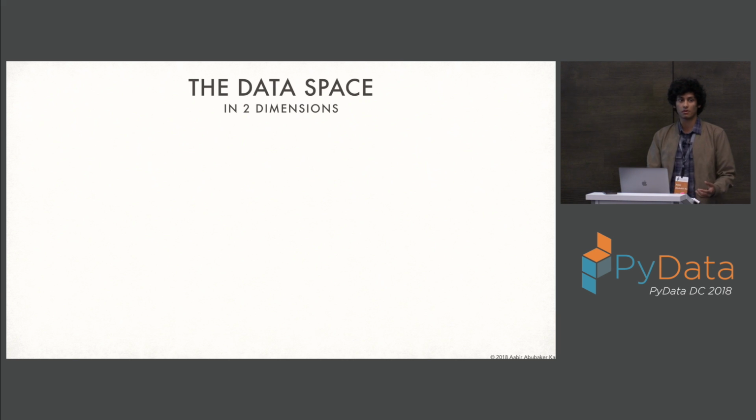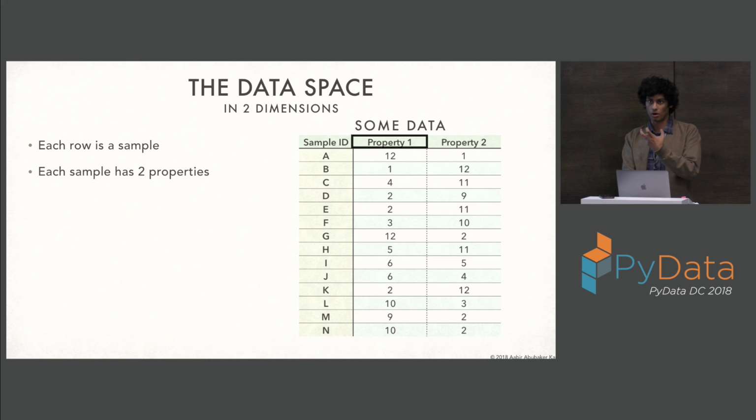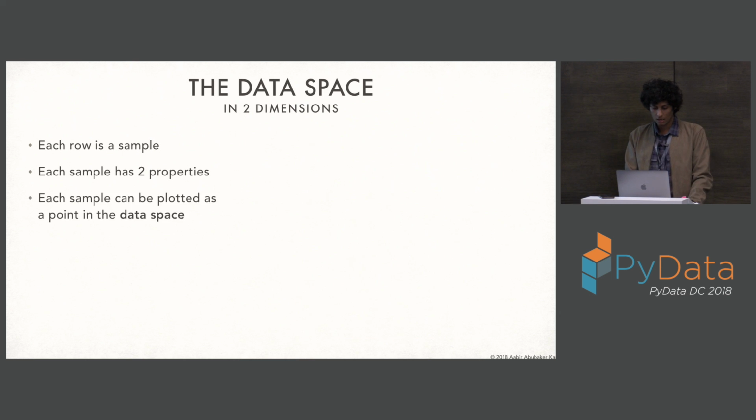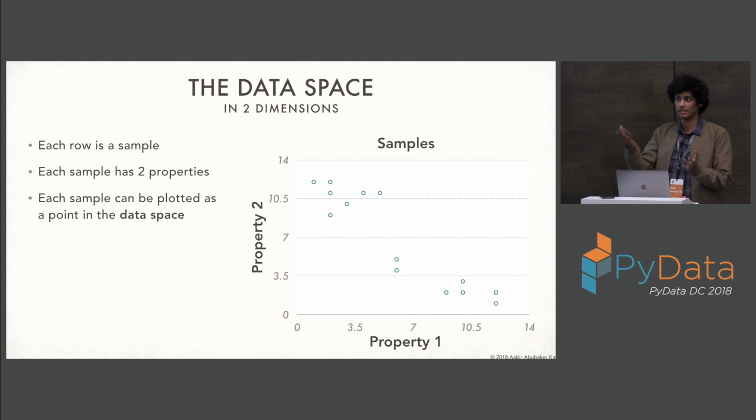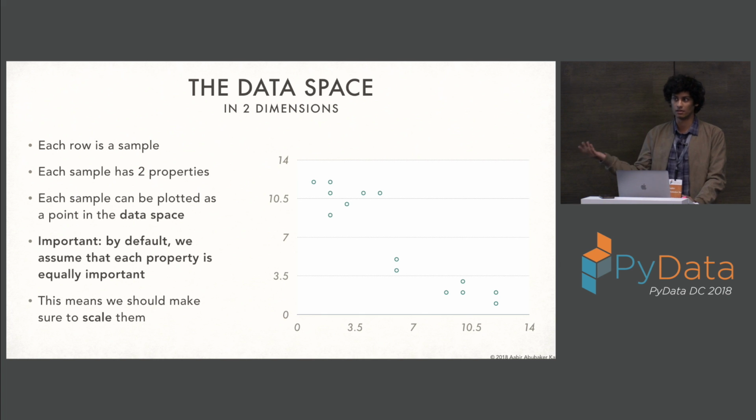So that brings us to the concept of the data space, because we can all picture 2 dimensions, and we see each other in 2 dimensions, which sometimes looks like 3. It's a neat trick of the brain. It's easy to think of 2 dimensions. So each row is basically a sample. It's just a point, and it has 2 properties which form the 2-dimensional space. As you can see here, you plot it, and each of these attributes has a value that manifests all of this information in a space. Of course, we assume that each of these properties is equally important and is about scaled to the same value, because if you're comparing, say, salaries with eyebrow thickness, you might have extremely different values.